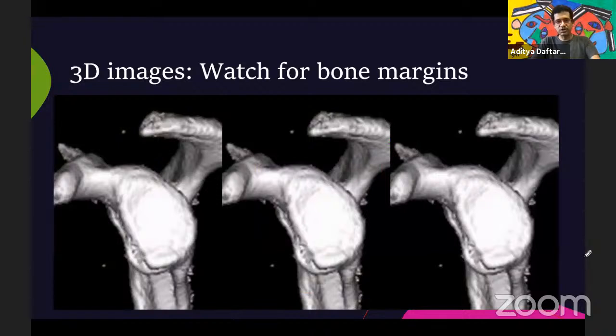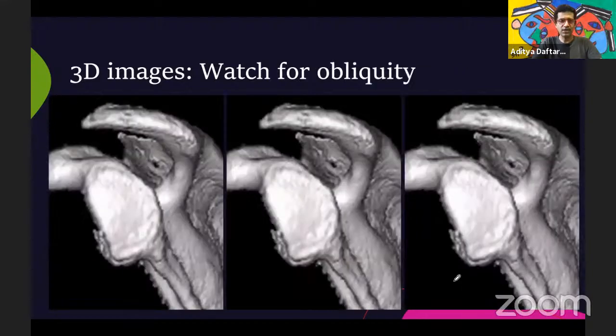Also, when you're drawing your circles on the 3D images, remember to look at the bone margins. So for example, here it's very clear that this is actually remodeled bone or a healed bony Bankart, whereas this here is actually the margin of the glenoid. So when you draw your circle, remember to measure the margin of bone loss to this part of the glenoid and not to this area over here. That will tell you the bone loss. And something similar over here. This is excessive bone outside or remodeled bone, whereas this is actually the residual bone margin.